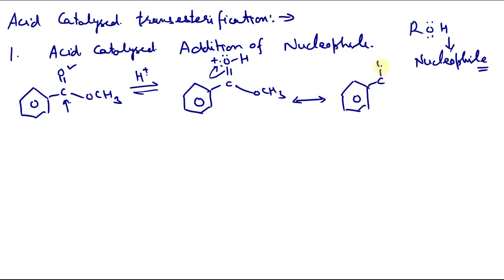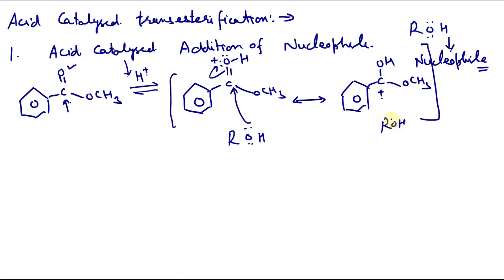You can see this carbon acquires a positive charge. So that is how the electrophilic character of this carbon is increased. Now even the weak nucleophile can attack here. So that is the purpose of acid catalyst. Basically it increases the electrophilicity of this carbon. Now I will just show here how it will be attacked. You can show the attack of the nucleophile either here or here, it is up to you. You can directly show it like here, or you can show like this, because it is resonance stabilized.